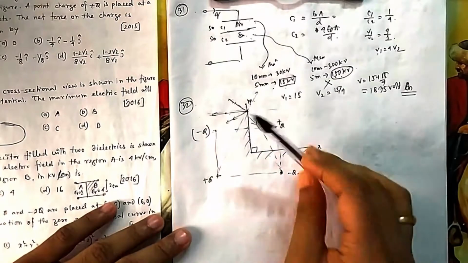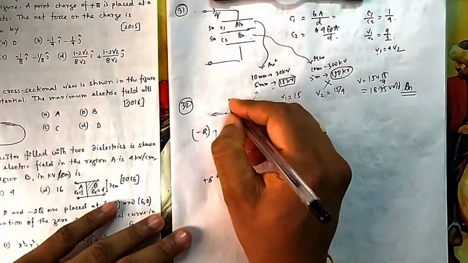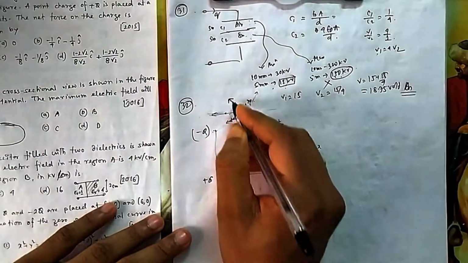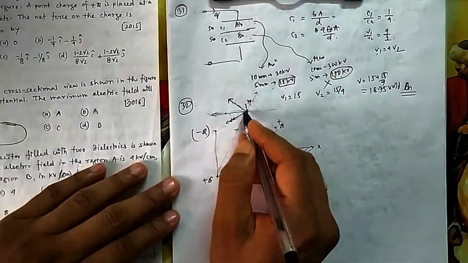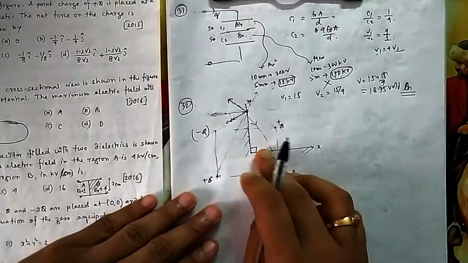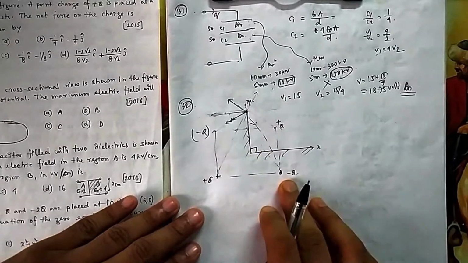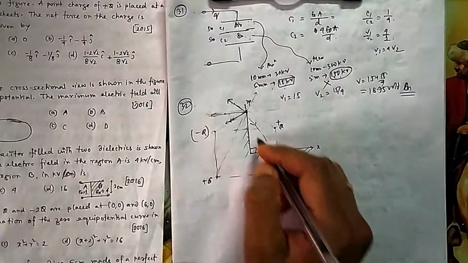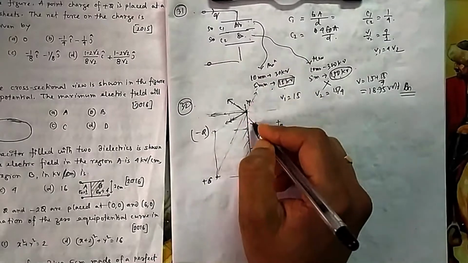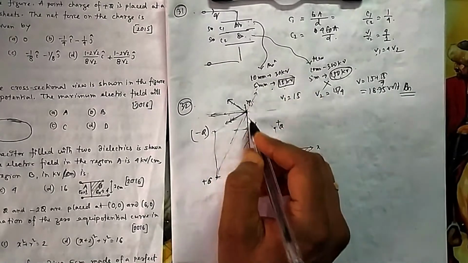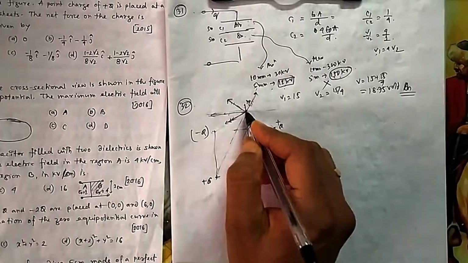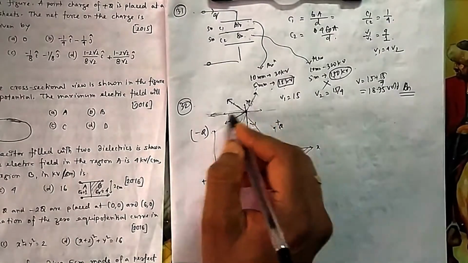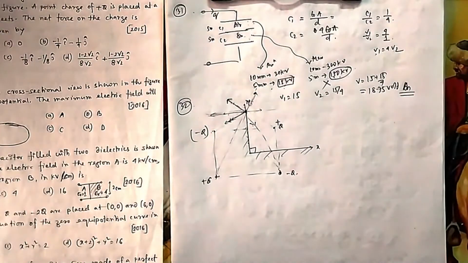Suppose this is this one, so if this is pushing it in this direction, this is pulling it in this direction. Had it been two, there is no issue, no need of other charges, but because of this conducting plane, one image charge is also produced here, which is also pulling it in this direction. So you need another one which pushes it in this direction to cancel out these two. To cancel out these two, if another force is this, then the resultant will come here. So these will give some direction at 90 degrees to that field. That's why another charge will come.